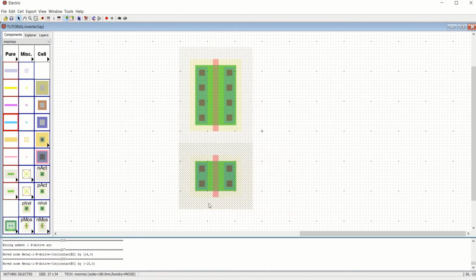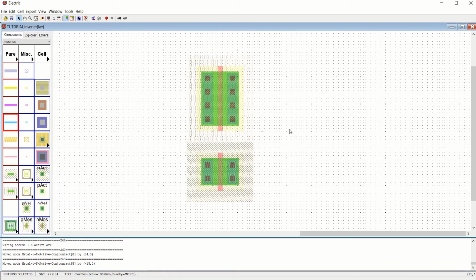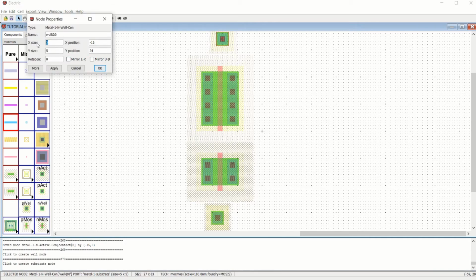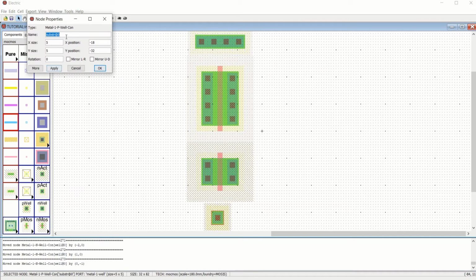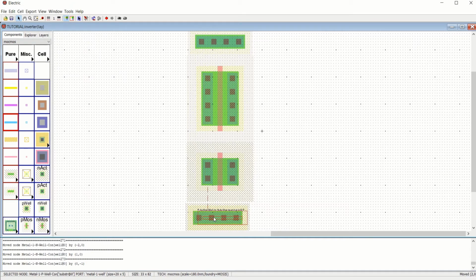Now we have to place the wells: an N-well on the top and a P-well at the bottom. That means both the transistors have wells. Make this dimension 20. You have to connect the wells also; if they are not connected, it will lead to an error. So this also will lead to an error. Always connect the well 20. You can take 10 also, but for the structure you are making it 20 to look alike.